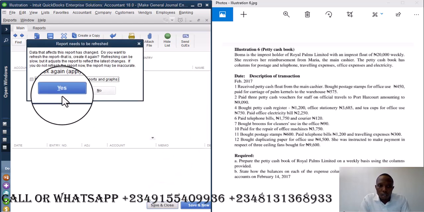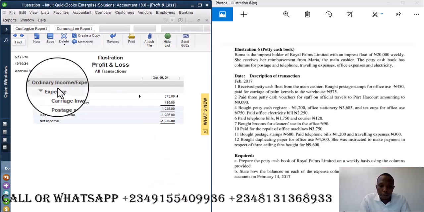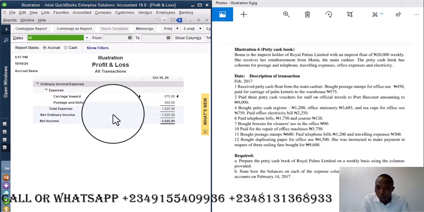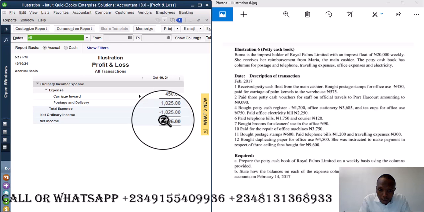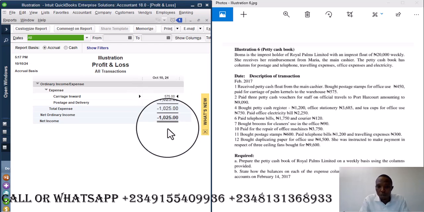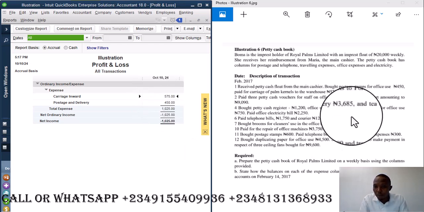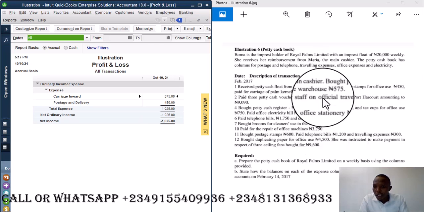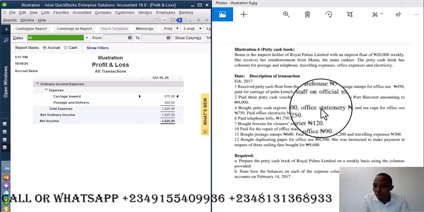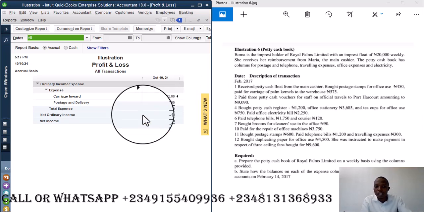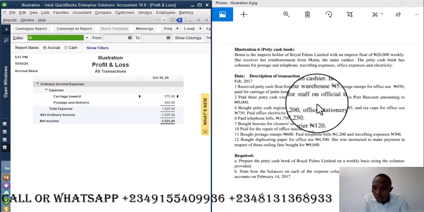Next, refresh report. Okay, let's just see the report is refreshing. Now we have carriage inward and postage. I don't have to go back to start posting and looking, like in Excel, except if you use formula in Excel. Of course, we are reading negative 1025 because we do not have any income so far. I'm recording based on this, and this inflow is an imprest flow. There's no say that it came from sales, so I would not have recorded sales. I'm just saying that we have it as an opening balance and we're spending from it. Now the next